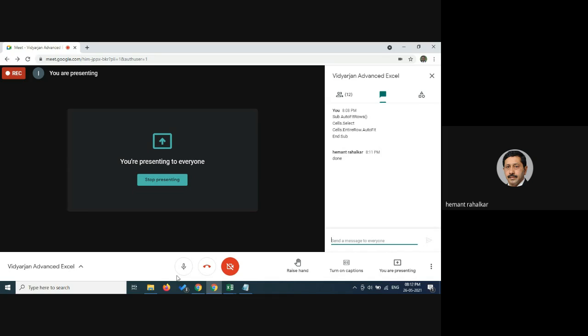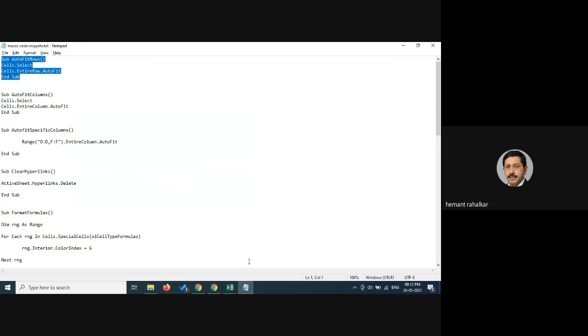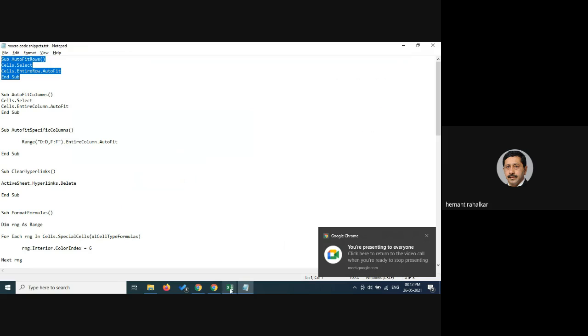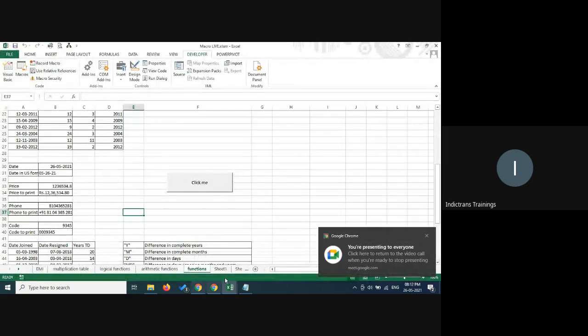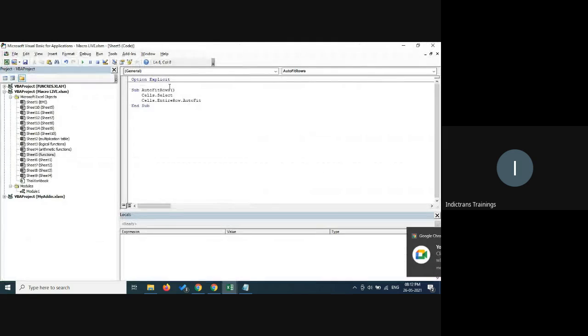So what it does is it copies that entire worksheet into a different area and then it formats it. Correct? If you look at the code, it is pretty simple. It says sales dot select, whatever cell we are selecting, and entire row. It takes the entire worksheet and says auto fit.